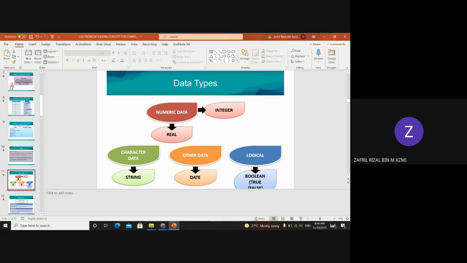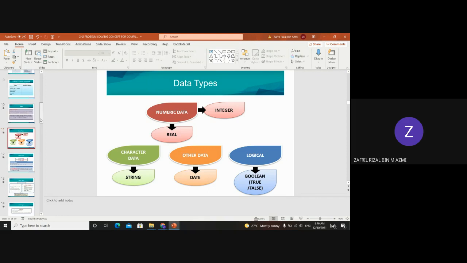And then we have other data, including date, time, and image. Other than these we consider as other data. We also have logical data that holds true or false value only. So this is logical, true or false only. Once you know the type of data,